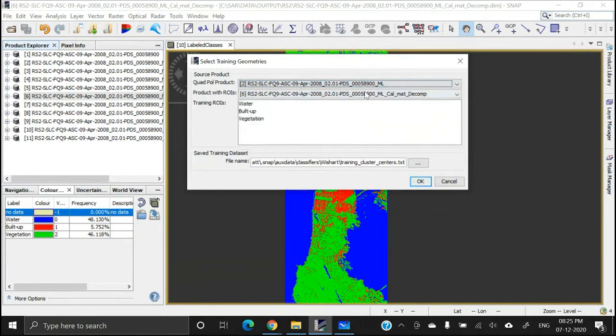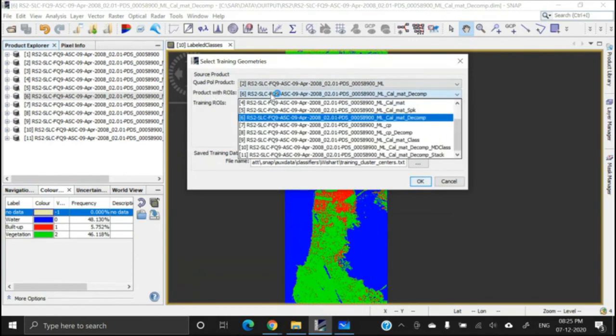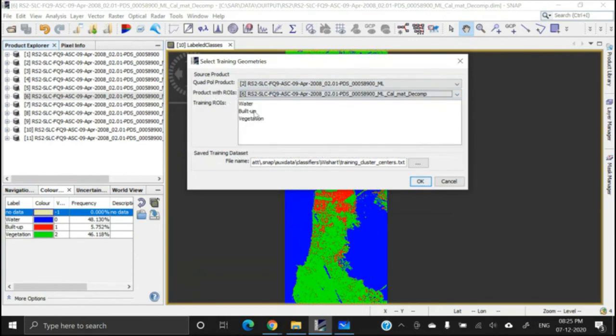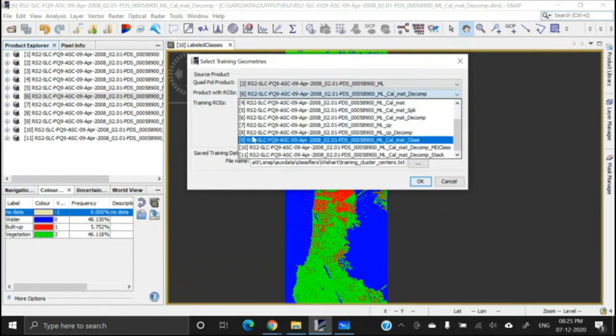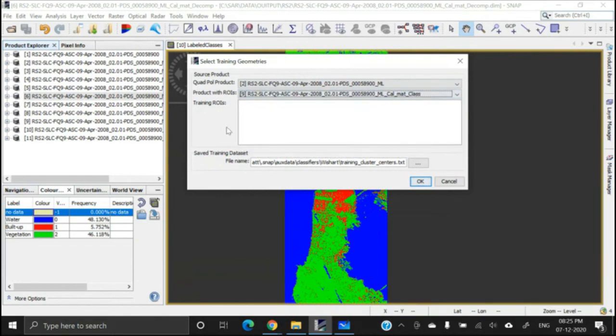This one. Okay. So this is the quad pole data, multi-loop process data, complex data, and this is the product in which we have the trainings. If you select any other file, can you see? Now you cannot see the signatures. So select this one, and here you will get the signatures.